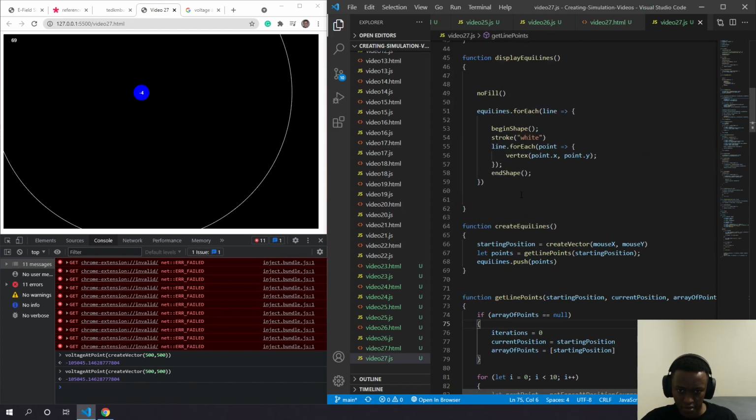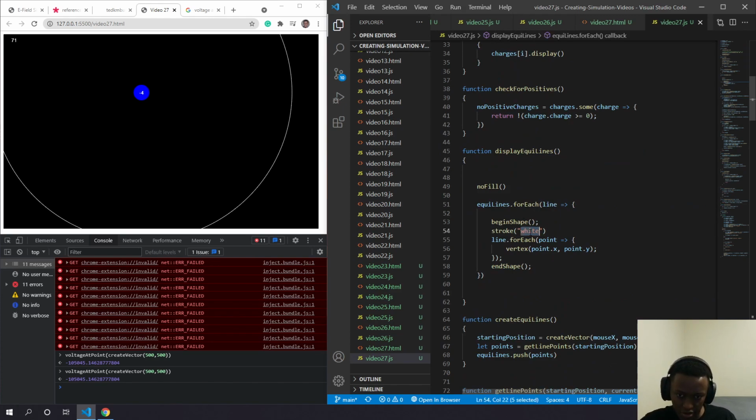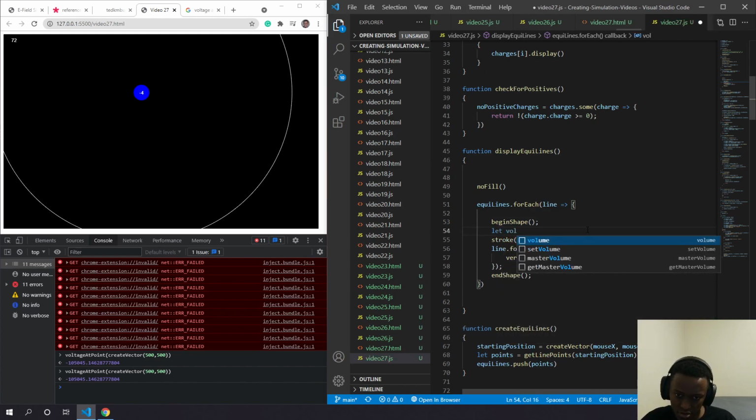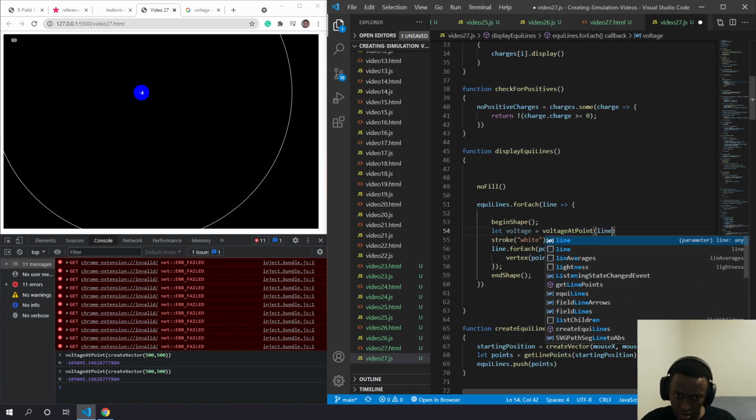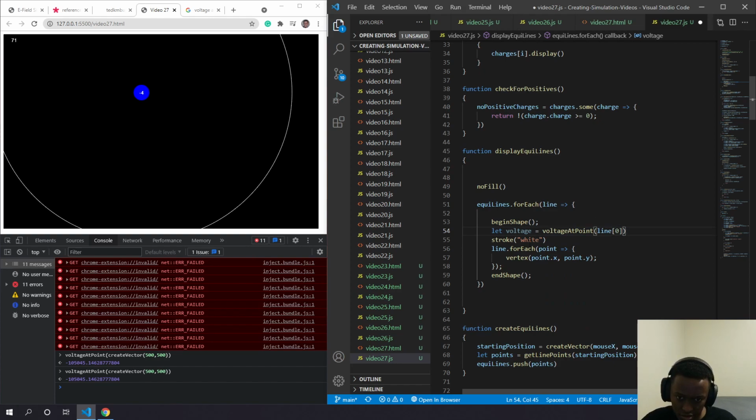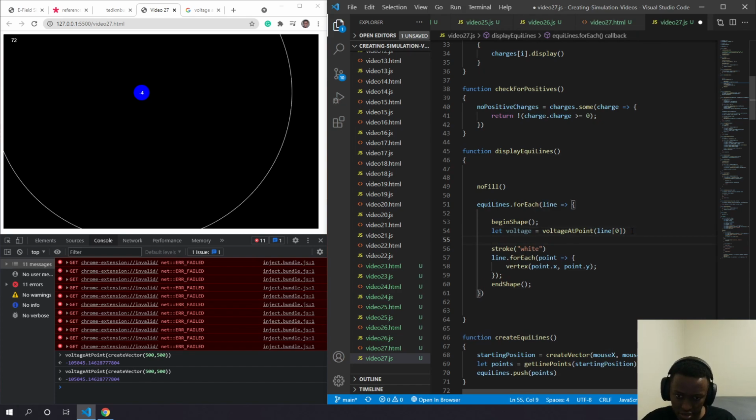Okay, so when I'm displaying something right now, I just have it set by default to show me a white line. But now I can create a variable. I'll call it voltage, and I'll set that equal to my voltage at point in this. So for that, I could just say line 0, I think. Because the line is going to be this whole line, and the first index in that is just going to be a single point on it. And then from here, I will say if